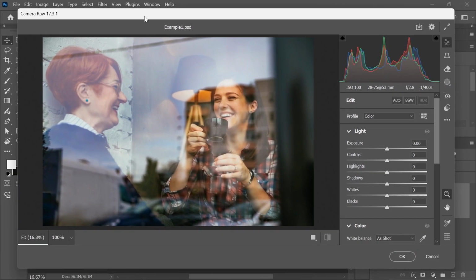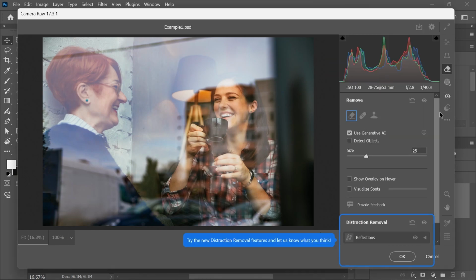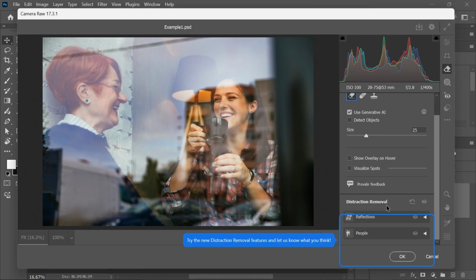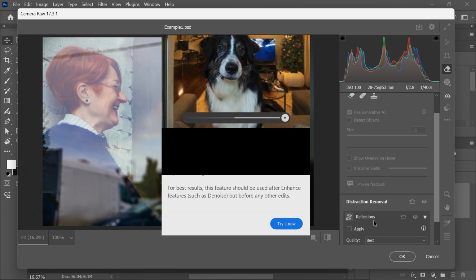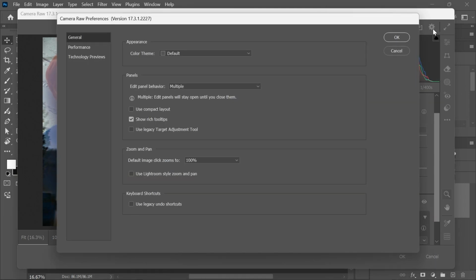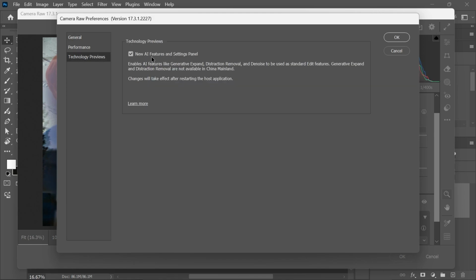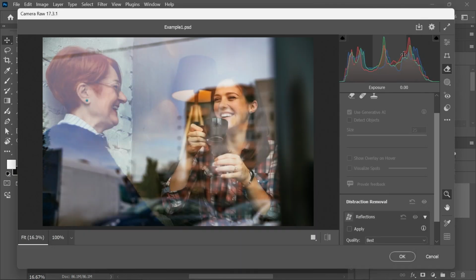First, we need to make sure this feature is enabled. So click here to open the Remove panel and check if you have Distraction Removal Reflections here. If you don't, then you'll have to enable it. Simply open the Camera Raw preferences by clicking right here. Go to Technology Previews, check New AI Features and Settings panel, click OK, restart Photoshop, and now you should see